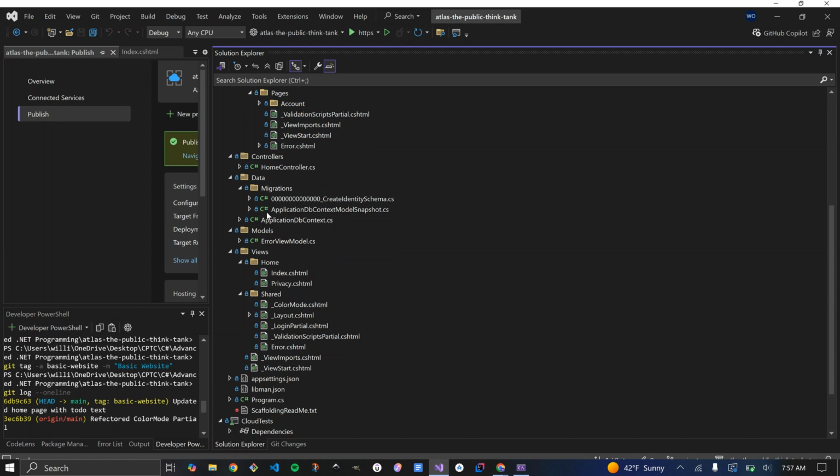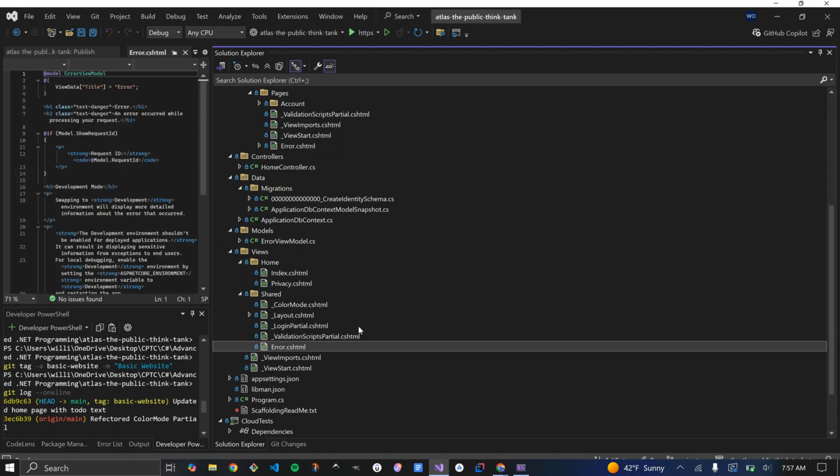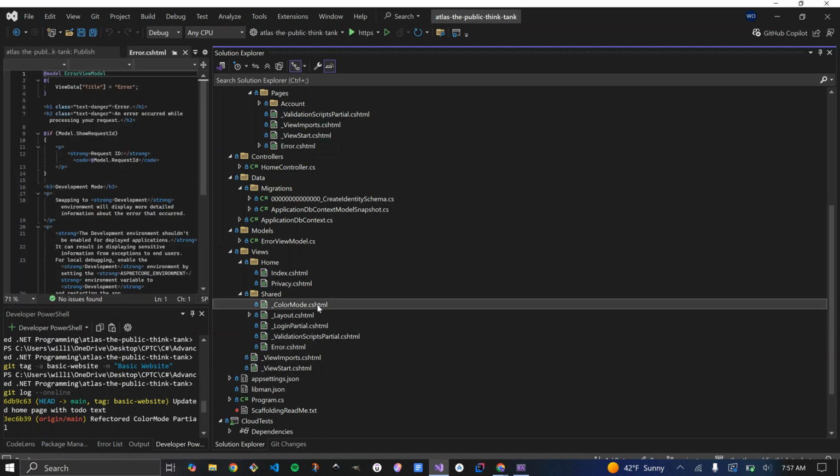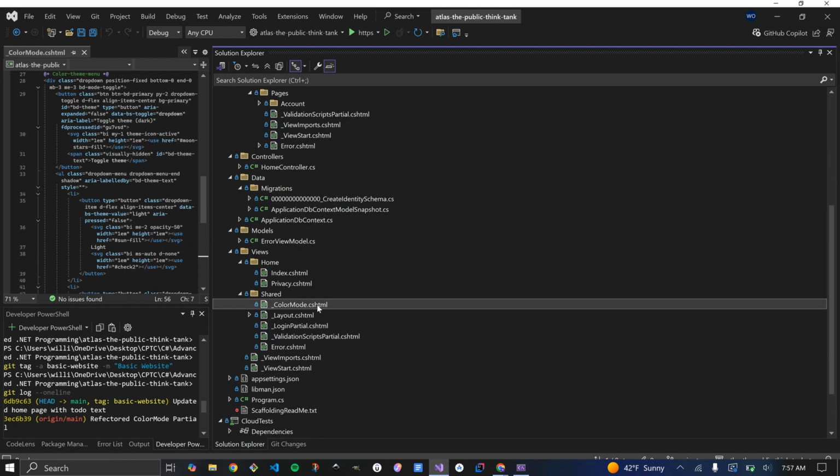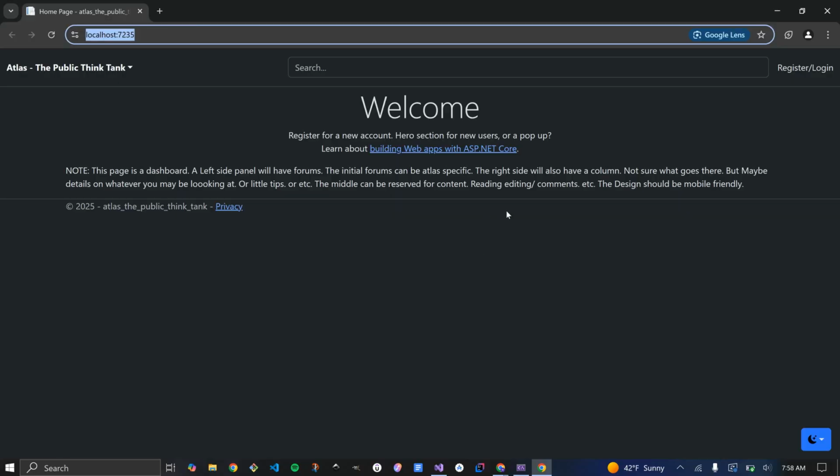We have the migrations from the identity framework, and I added in another partial here that gets used on the layout page. So I'll show you what that looks like.